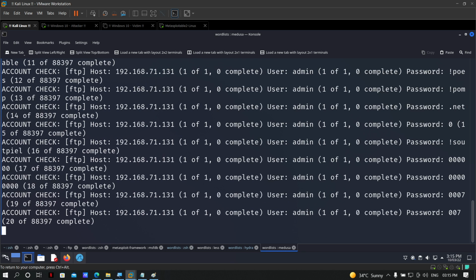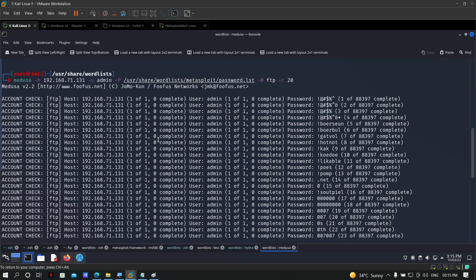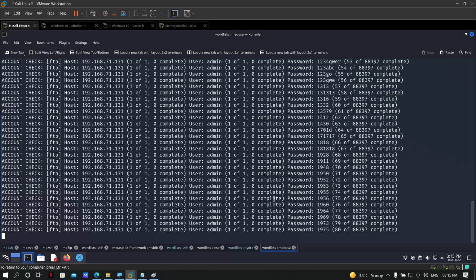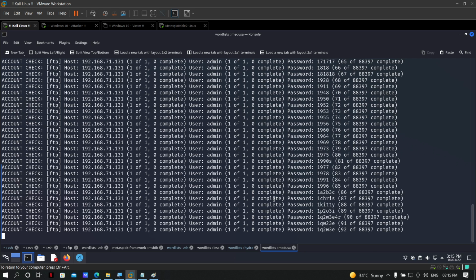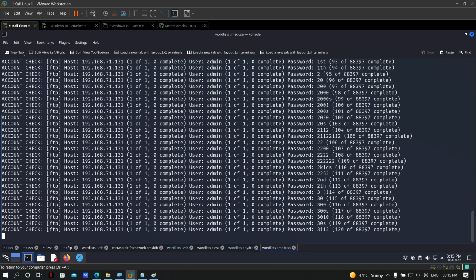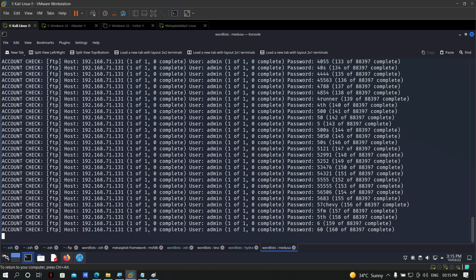This will test all of your usernames and passwords and show you on your screen as well that we are targeting our victim and these are your number of attempts, right? Each and every second it will send 20 requests to your victim machine. But again, in some cases you will get errors here, right?